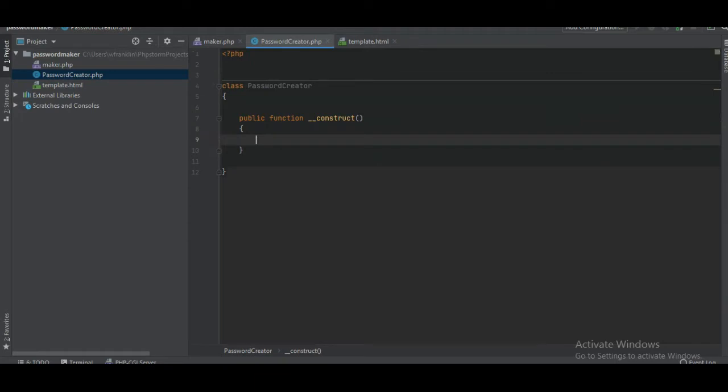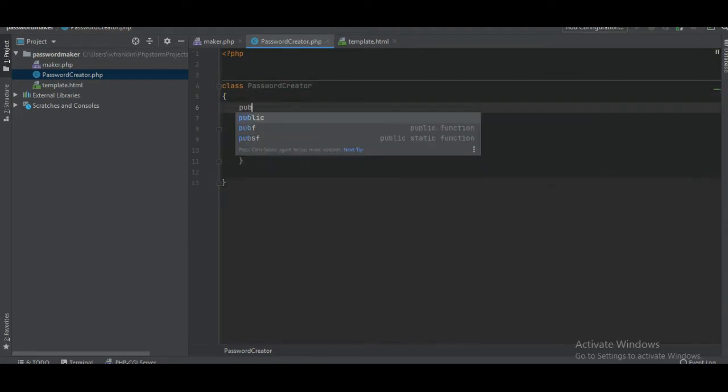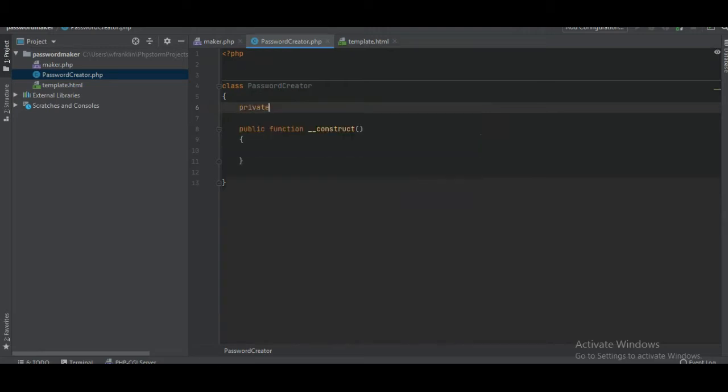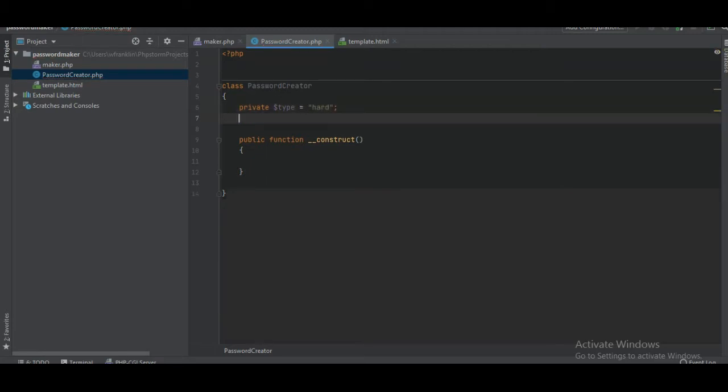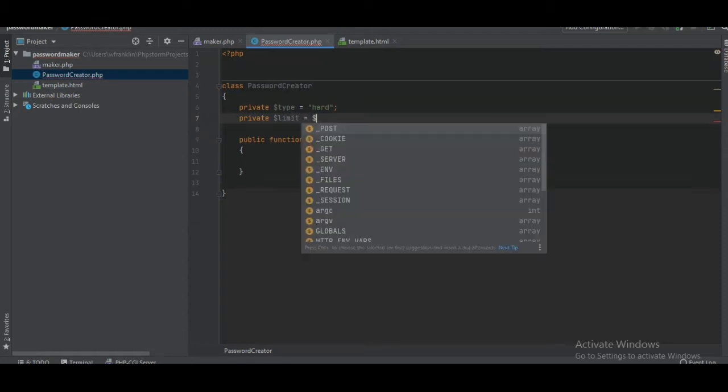In the constructor, we want two main values, or methods, attributes, properties. One is going to be named type. We're going to set it to hard, and the other is going to be named limit. So if you could already tell,